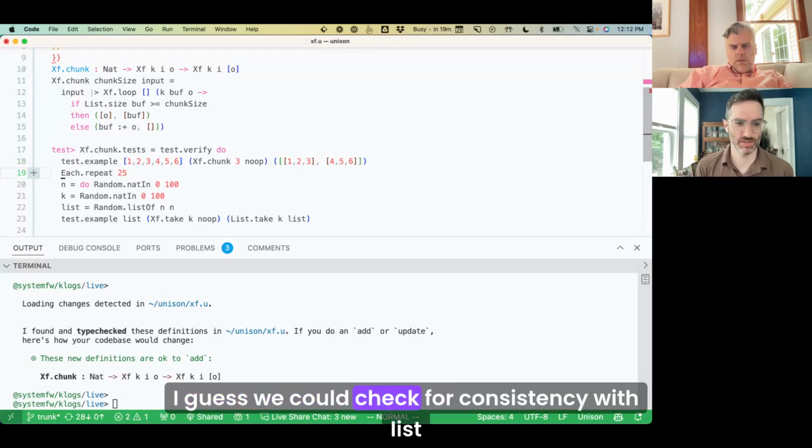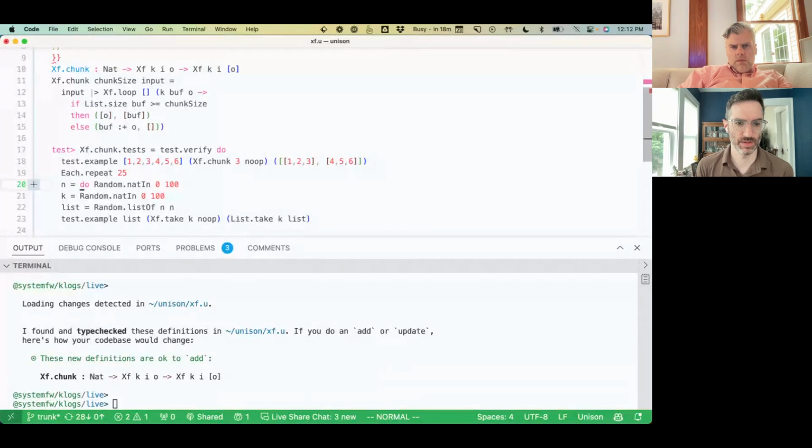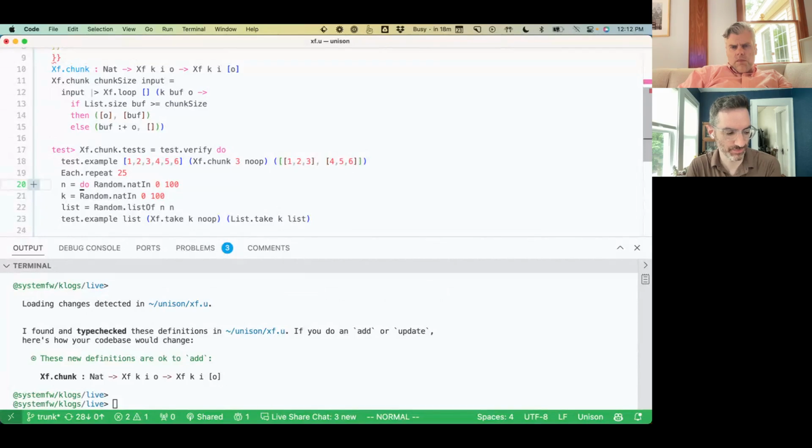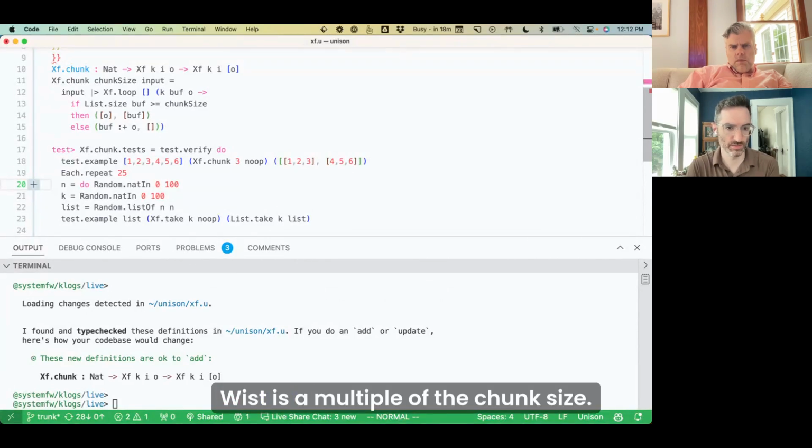I guess we could check for consistency with lists, at least in cases where the list is a multiple of the chunk size.